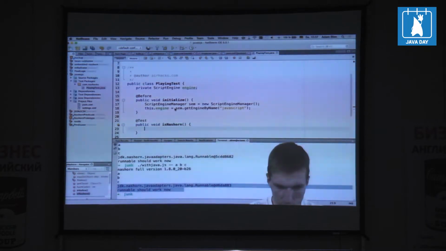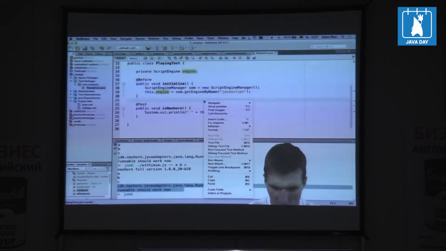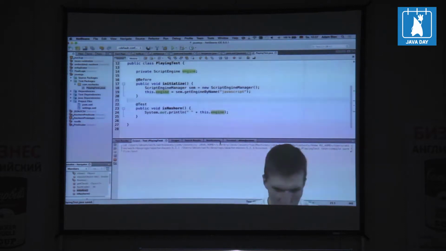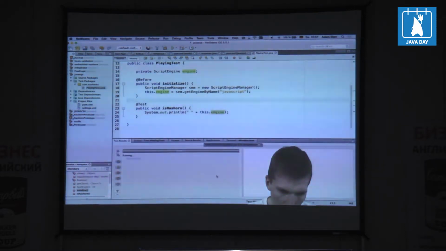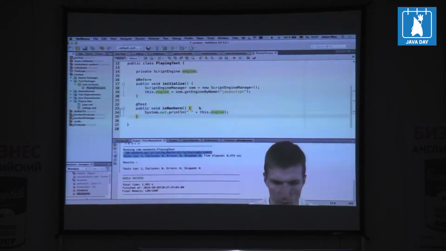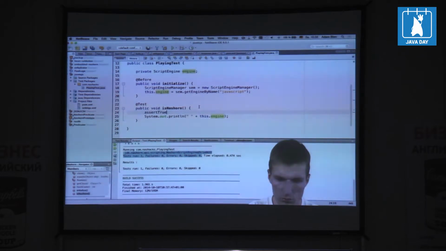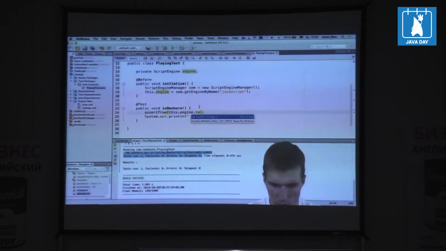So now I would write a real world test. It means no asserts. But the test coverage is great. So, test. And what we will see, as you can see, it is Nashorn scripting engine. So we could make it a little bit more sane and say assert true this engine to get